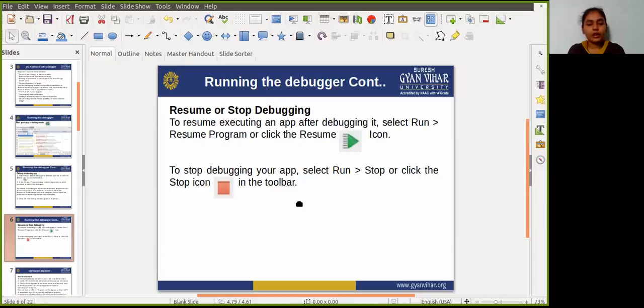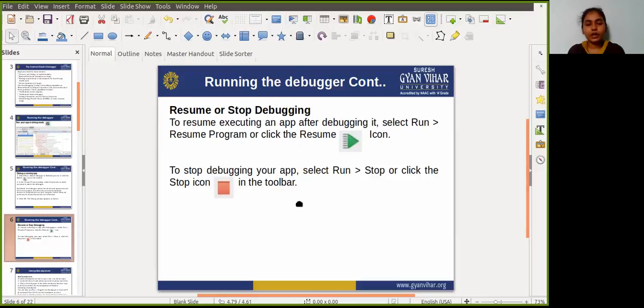If your app is already running, you don't need to update it to add a breakpoint. So guys, when your code execution reaches the breakpoint, Android Studio pauses execution of your app. You can then use the tools in the Android debugger to view the state of the app and debug the app as it runs.